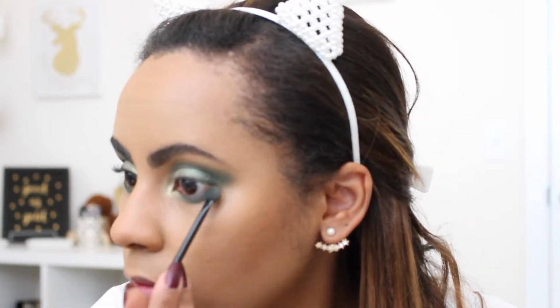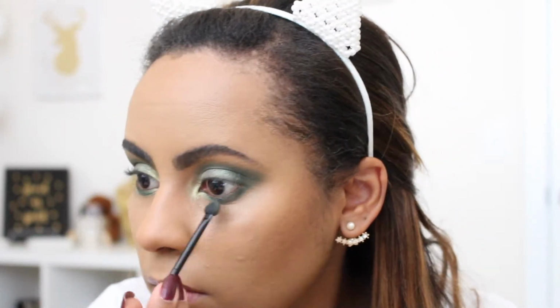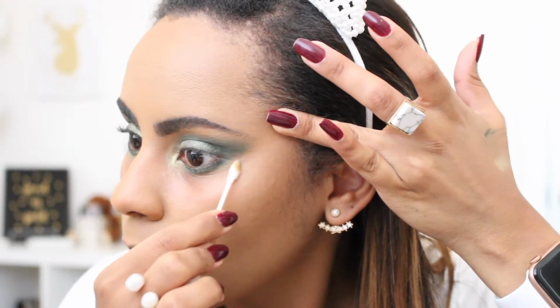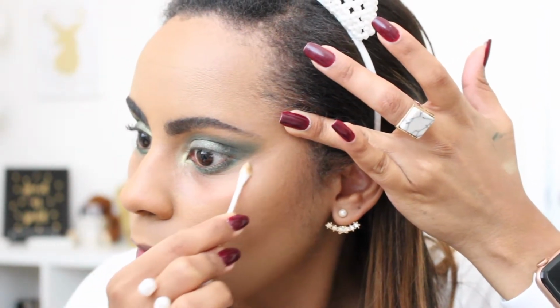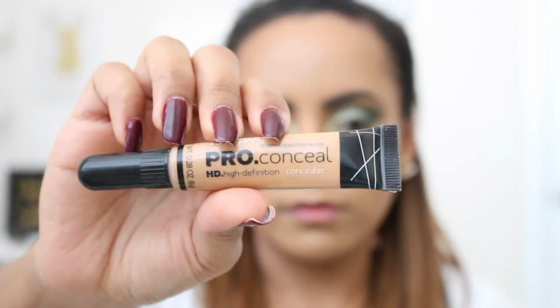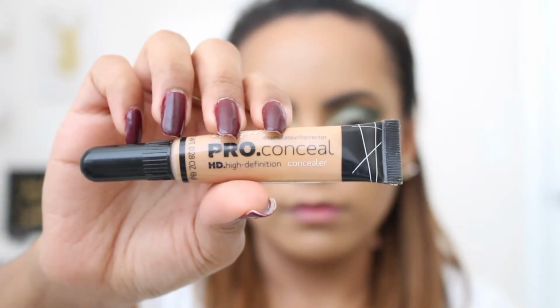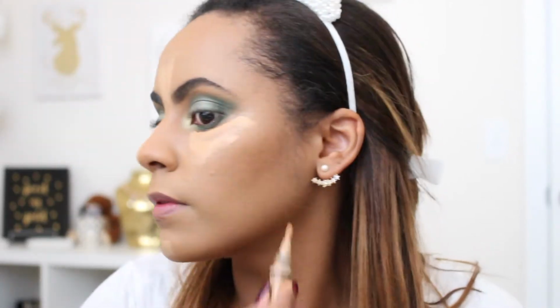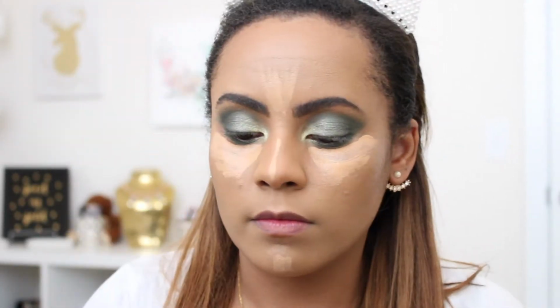And now with that darker green color from the first main palette, I'm just going in the outer corners of my lower lash line, and then just cleaning the line a little bit with a cotton ball, and getting it ready for my Pro Conceal by LA Girl. This is in the color Pure Beige, and I am applying it underneath my eyes, in the center part of my face, my nose,